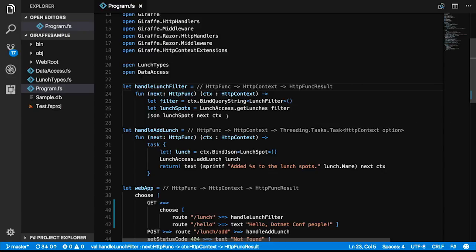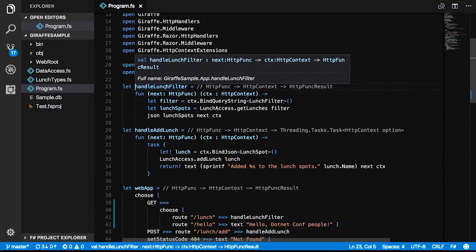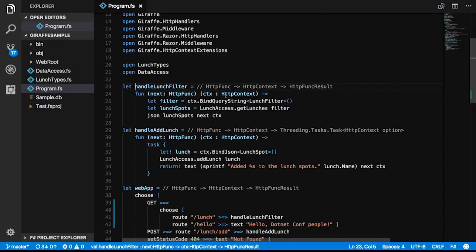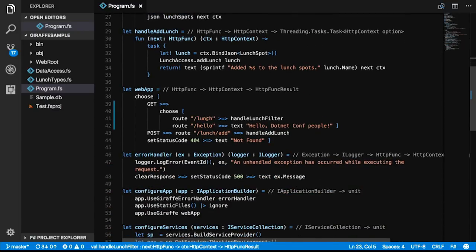What this is, is just Giraffe's abstractions over the HTTP pipeline that is running on top of the Kestrel web server. So in this case, handleLunchFilter, if we conform to that signature, meaning we define something that, given an HttpFunc and an HttpContext, produces an HttpFuncResult, I can just plug that into a route right here, and I can compose it with this operator. So if you notice,